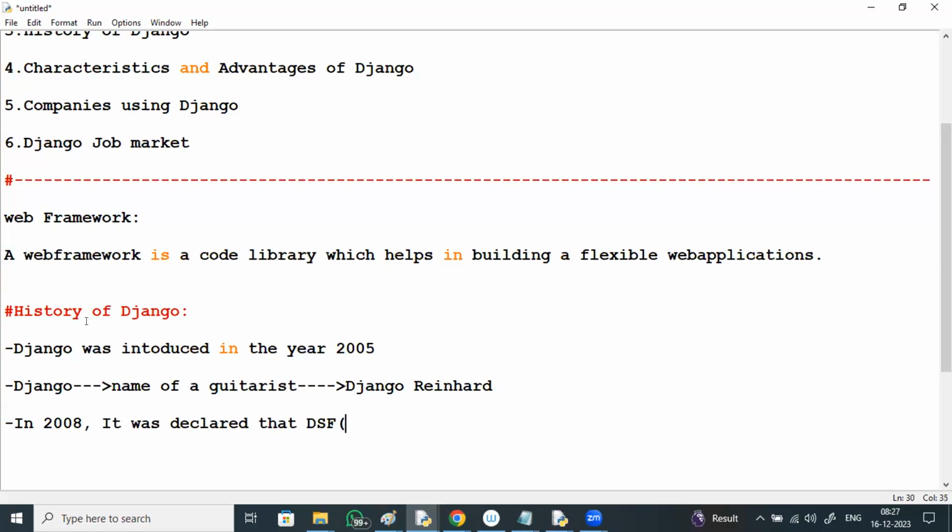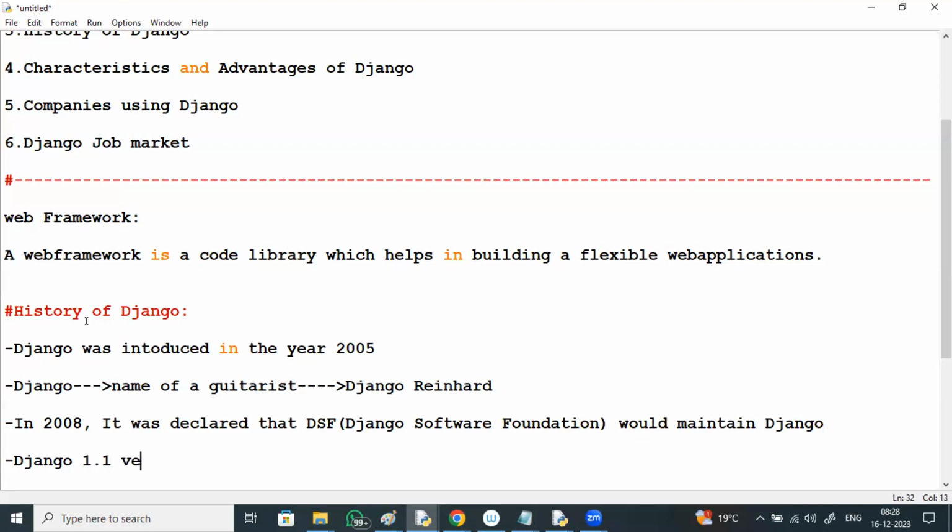DSF means Django Software Foundation. For Python, we have the Python Software Foundation; for this also, we have the Django Software Foundation, which would maintain Django.